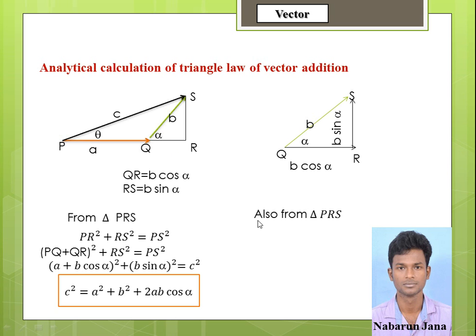Also from triangle PRS we can get tan theta equal to RS divided by PR. Yes, RS, and you know RS means B sin alpha. And PR, this is PR. PR means this plus this, so that means A plus QR. So A plus QR, what